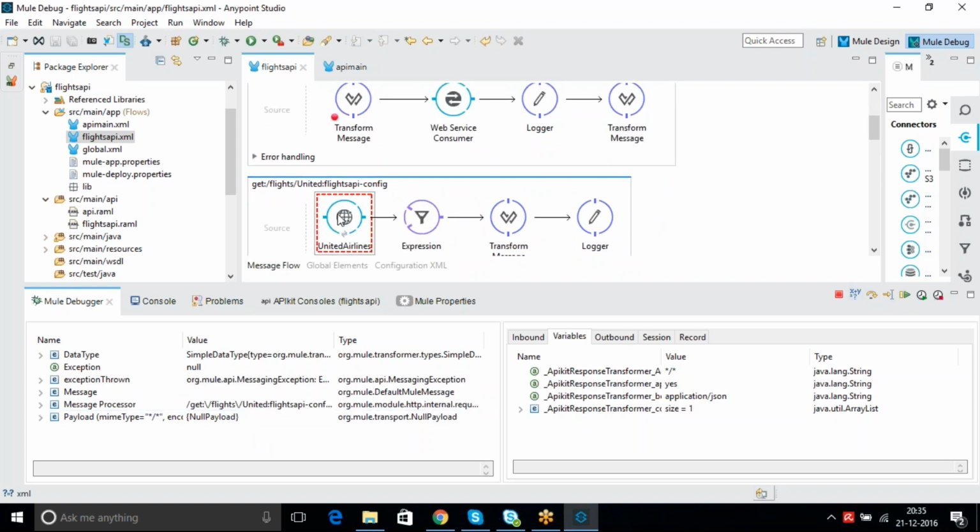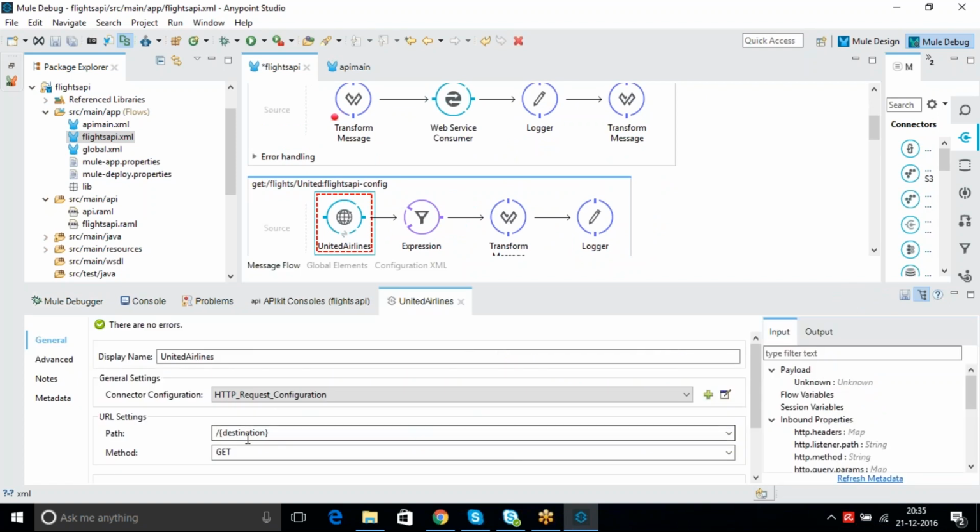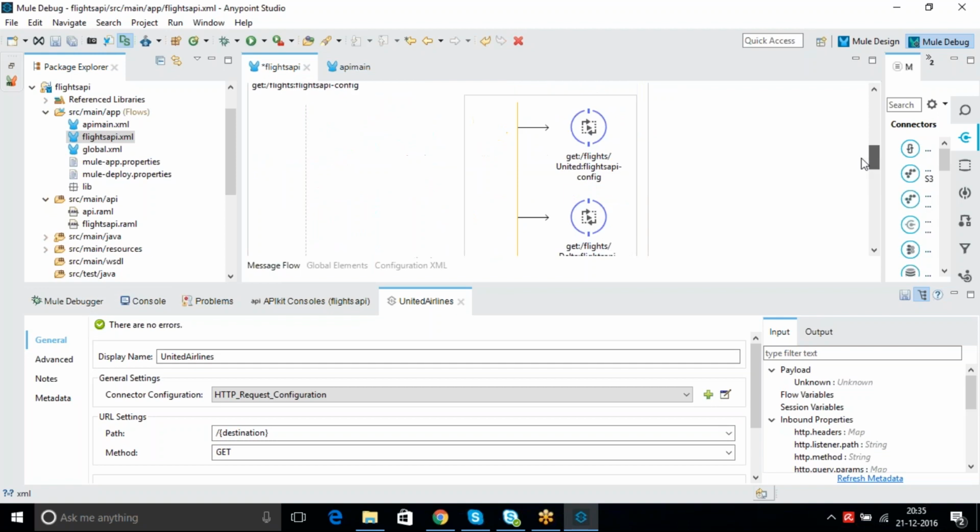Because it is expecting destination. If you see, this is expecting destination, right? So that is what is failing here. So we need to pass at least some dummy value or default value. That is what we are trying. This flow should not fail, so you need to pass some value as a destination.